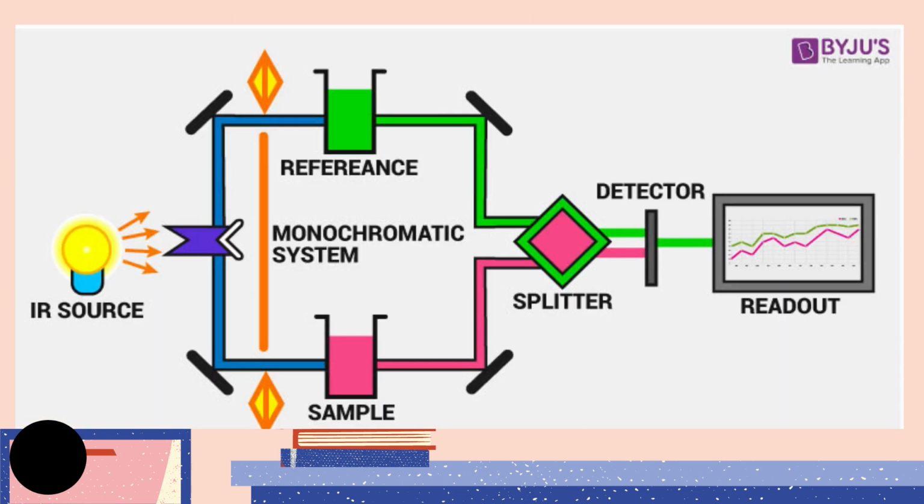So this is a setup of an infrared spectrophotometer. A light beam, as you can see here, is passed down from the IR source, which is split into two, and then it is passed through the reference and the sample respectively. This forms a monochromatic system. And then it is passed down through the splitter. This splitter basically splits the light and it reaches the detector, which detects the light, and finally the required reading is printed out after the processor, which you can see ahead, deciphers the data passed through the detector.